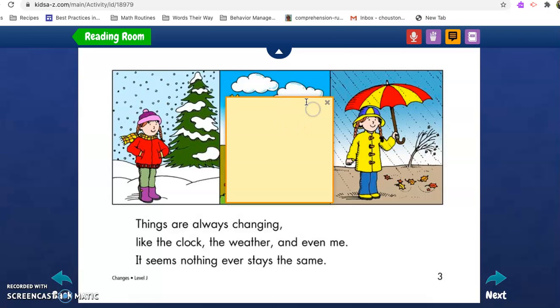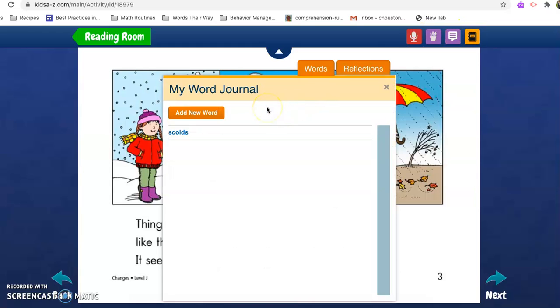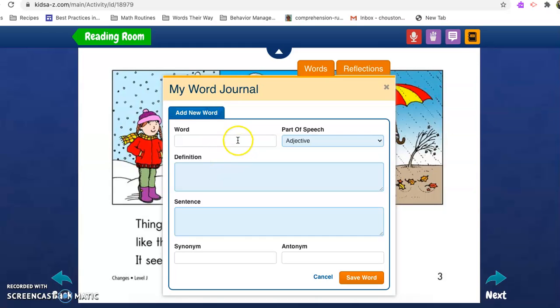There are also these little sticky notes. Now these, they can write down their thoughts about what's happening in the text, and those will be kept on the book. There's also this other really cool feature where they can add words that they don't know or maybe